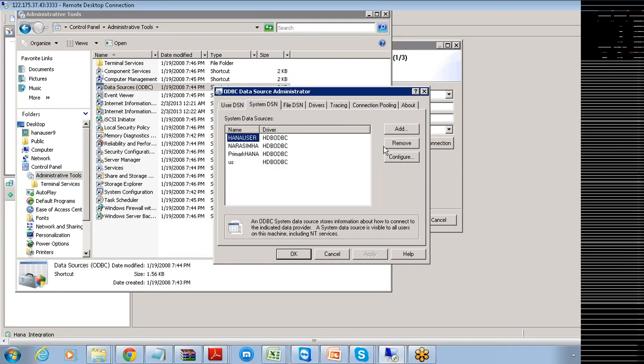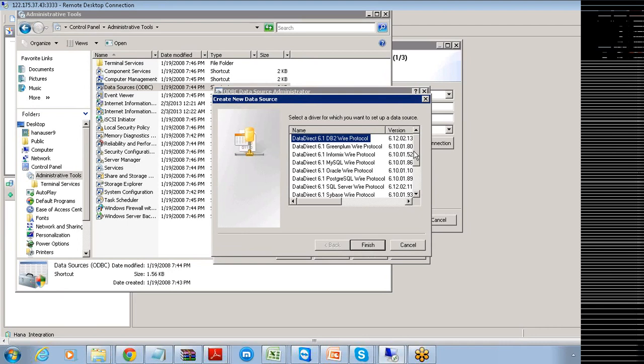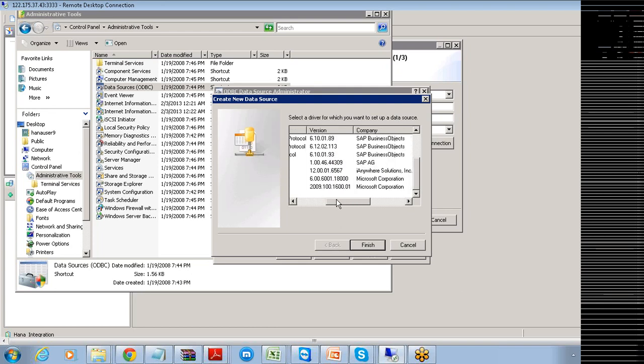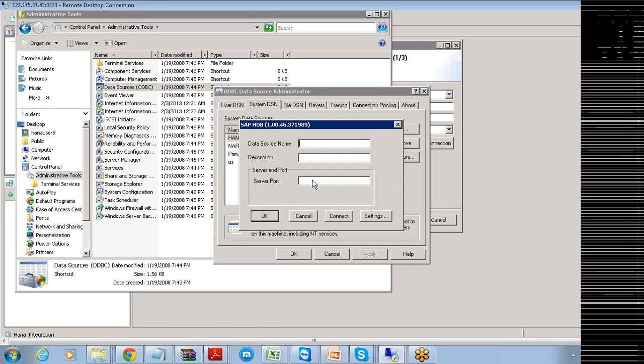Yeah, these are the things that are there. You're seeing, right? The HANA ODBC is there. Actually, SAP has also provided one type of icon that directly connects to this ODBC data source administrator. That's why I was searching for that. So this is a HDBODBC database, which is something like the SAP AG series. Select this one and then click on Finish.